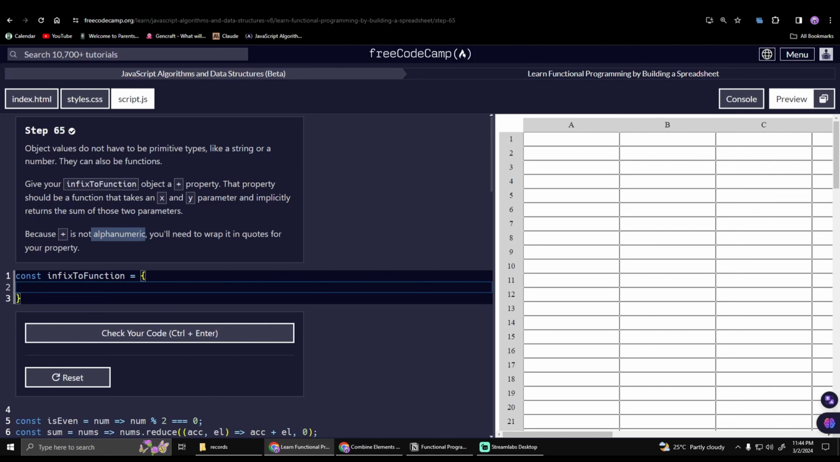Object values do not have to be primitive types, like a string or a number. They can also be functions. Give your infix to function object a plus property. That property should be a function. It should be a function that takes an x and y parameter and implicitly returns the sum of those two